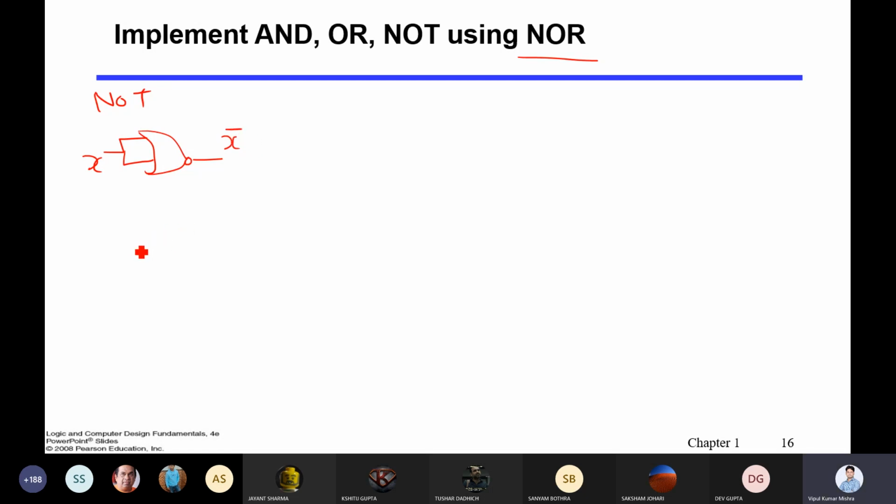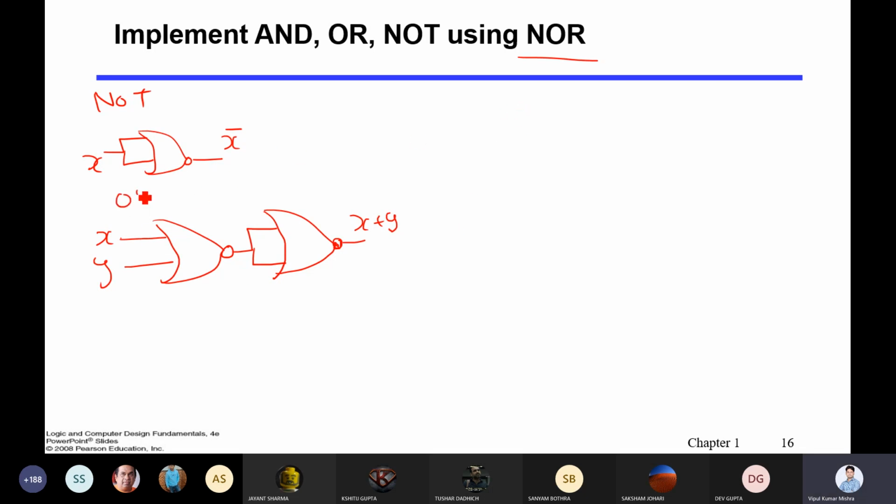Now in case of OR gate, X and Y, right? You will take this, and now there is some similarity if you see in this circuit. So you'll get X plus Y.